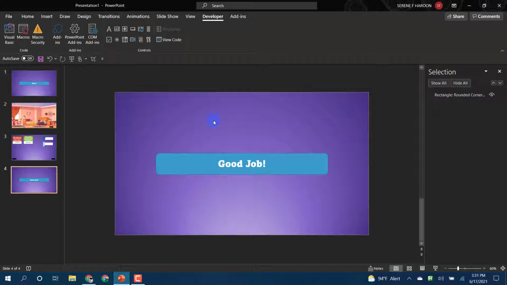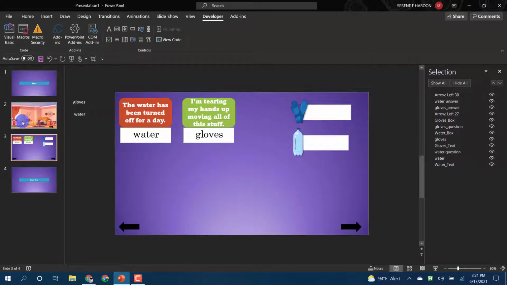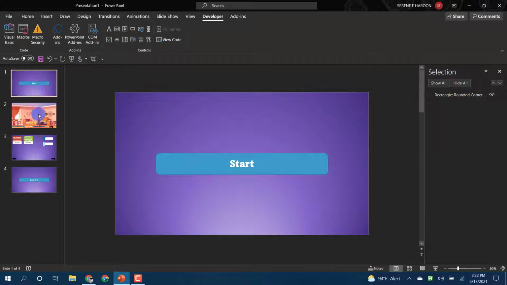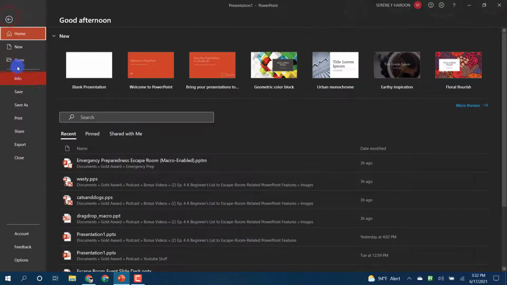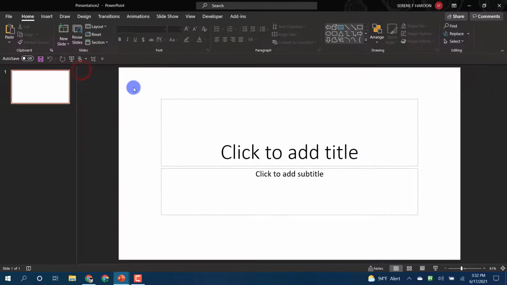So basically, I'm going to be showing you how to make this on a slightly larger scale, and then you can incorporate these features into your own escape room. So to start off, I'm going to open up a new presentation. Okay, so what I'm going to do first is I'm going to show you how to